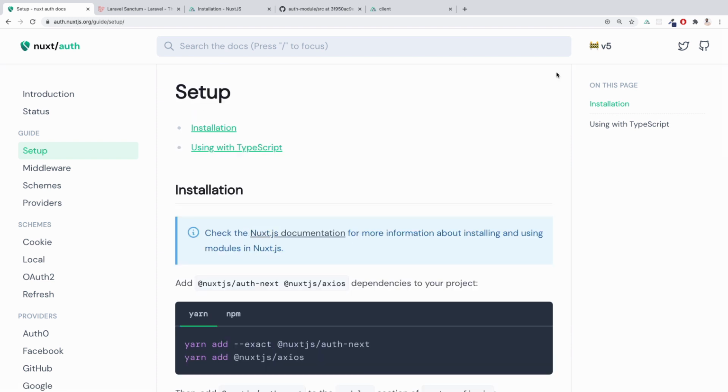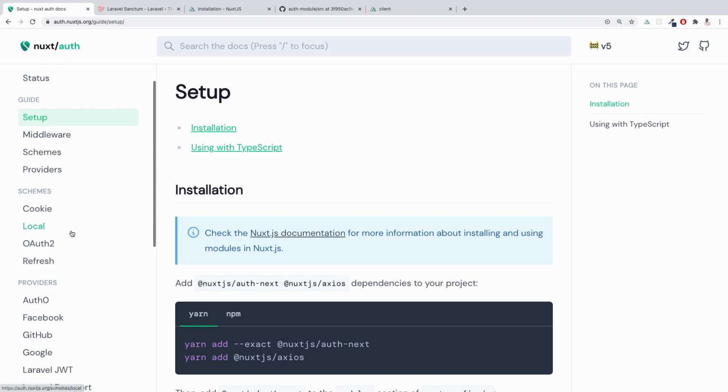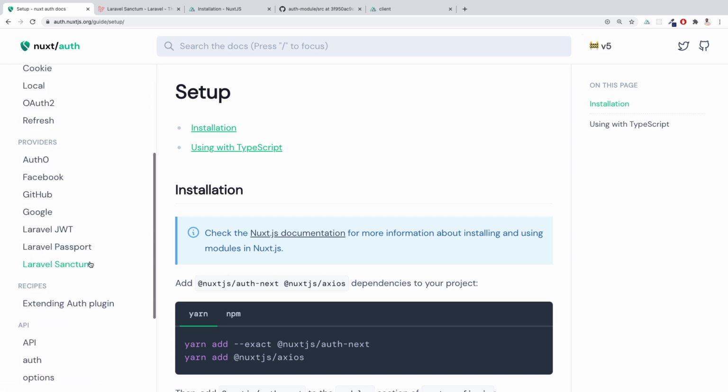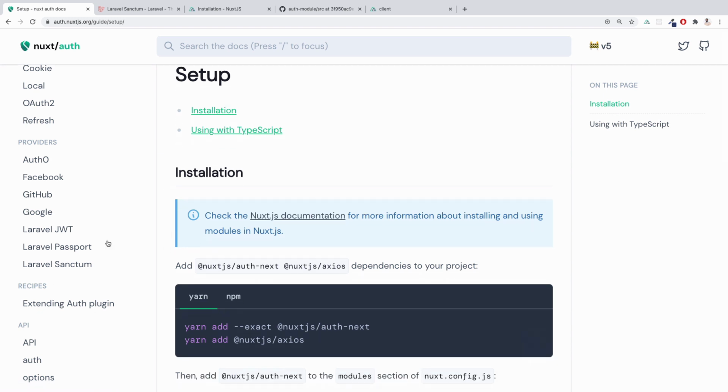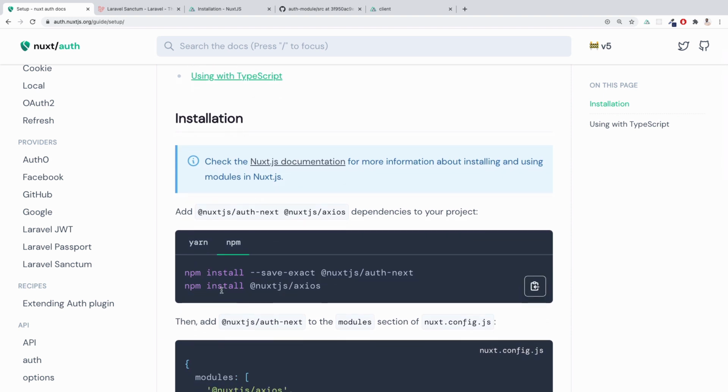When I created my course, Laravel Sanctum did not exist yet. So this package did not yet provide a way to authenticate with Laravel Sanctum. But with the current version, which is version 5, we do have a new provider called Laravel Sanctum, which is what we are going to be using here. And this is the cookie-based authentication for Laravel Sanctum. So we are going to be installing this package and using that Laravel Sanctum provider here to get our authentication